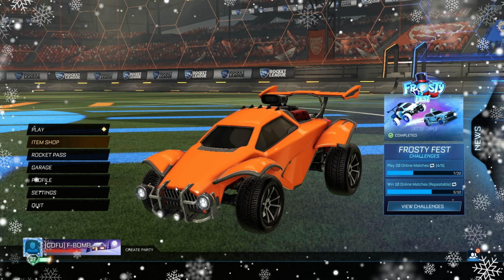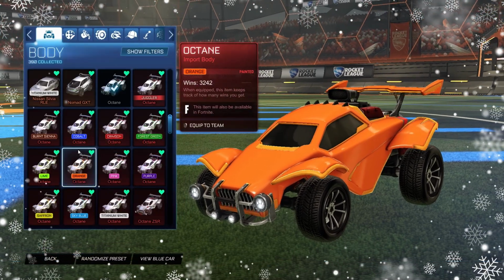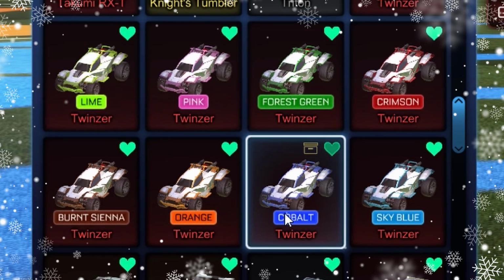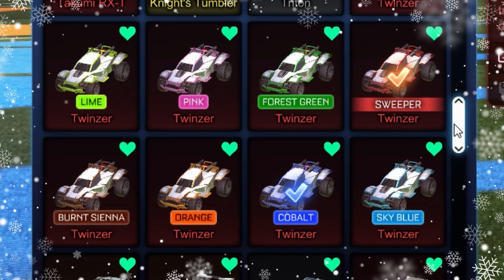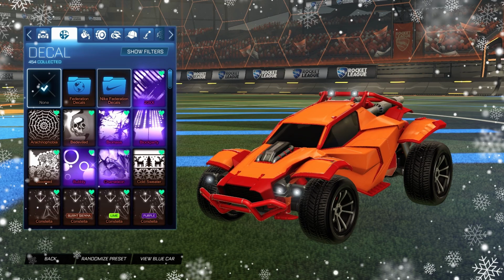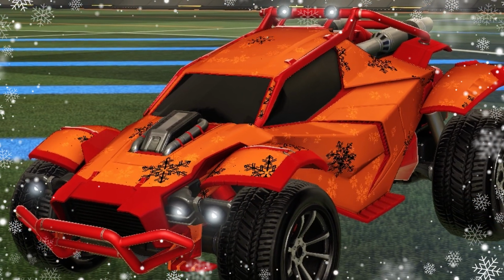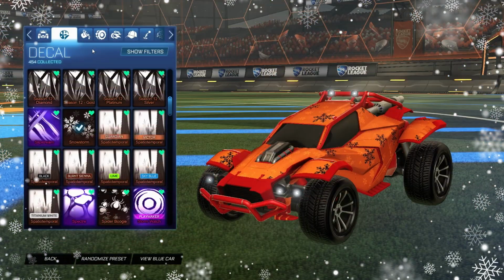We are going to start off with a little design I like to call Winter Storm. You're going to want to start off with your body. For this one, I chose Twinser, so we're going to go down to our Twinser. You're going to want to equip a Cobalt Twinser for blue, and a Red Twinser or Crimson Twinser for the orange. Moving on to your decal, you're going to want to use Snowstorm. Go down to your S's, there it is, Snowstorm. You'll be using Snowstorm for both the blue and the orange, so...